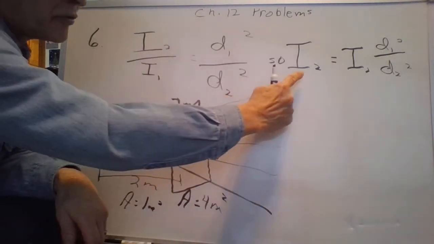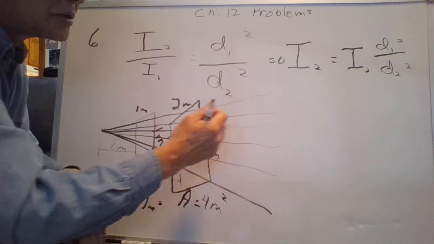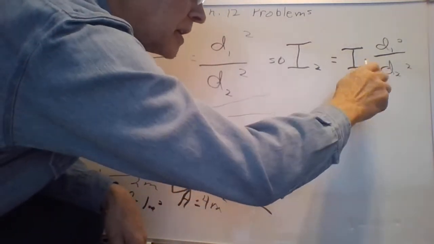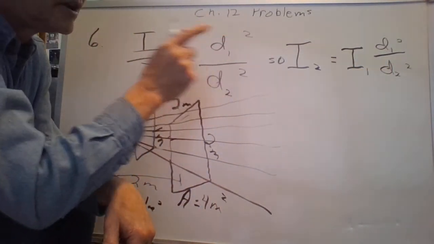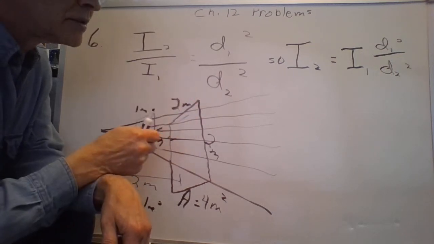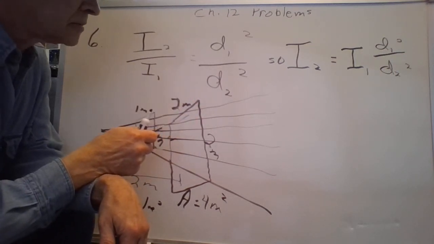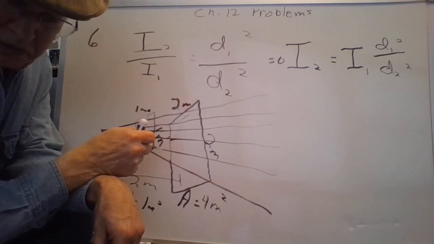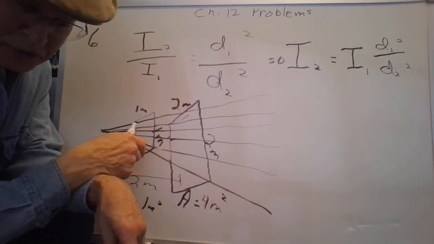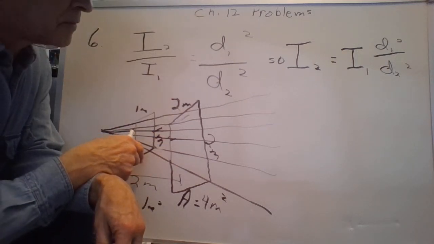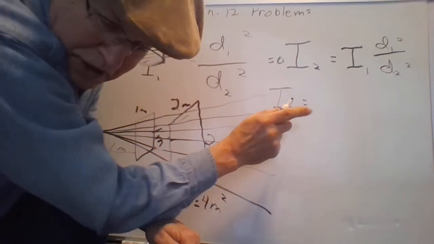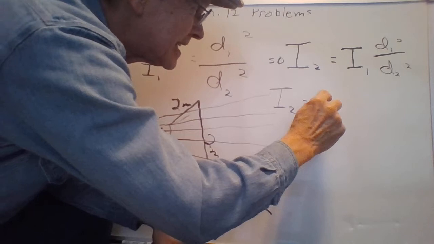We solve the equation for the new intensity, the I2. Well, you take the I1 and then multiply times the distance ratio, inverted and squared. Inverse square law. So we can do that pretty quick. Then what do you hear at 5 meters if it's 2 times 10 to the minus 6 watts per square meter at 2 meters? So solve for I2 if the first intensity is 2 times 10 to the minus 6.